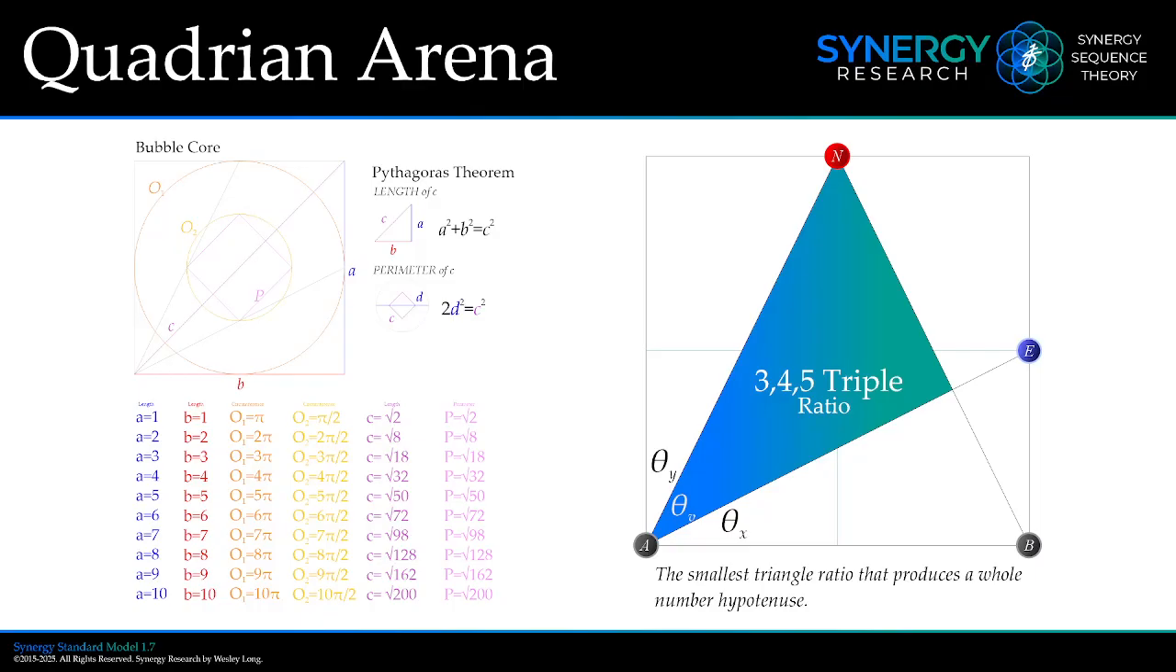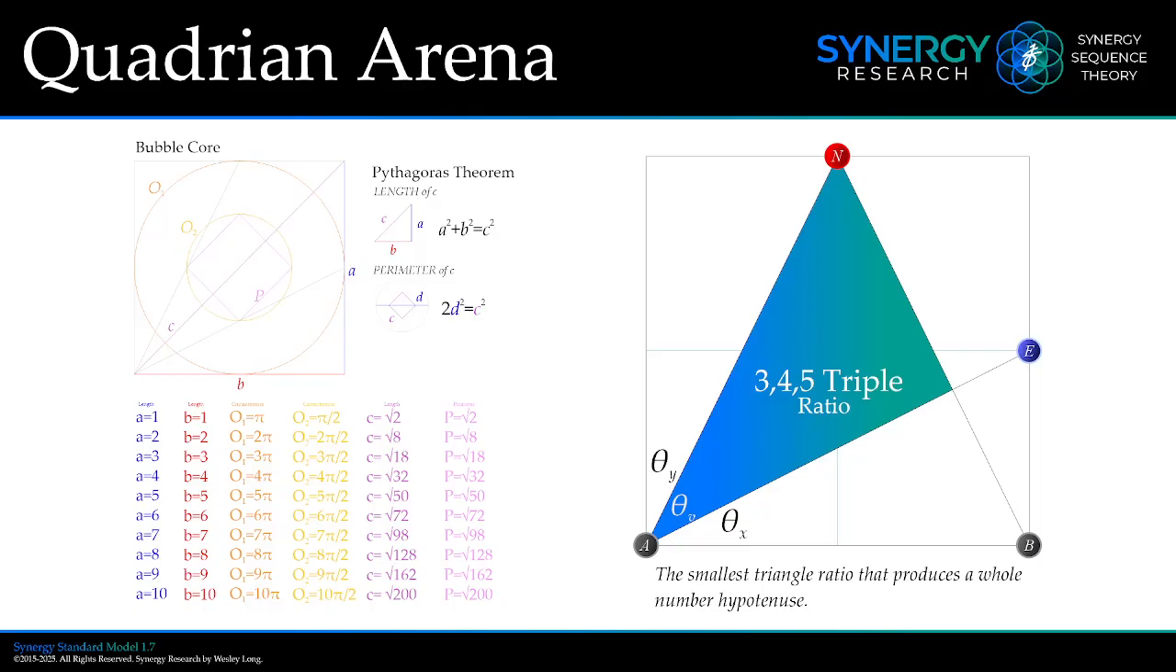Now shift to the left. Here we dive into the bubble core, an essential part of the Synergy Standard Model. Two circles, one inscribed and one circumscribed, are nested in the unit square. Each has a defined center and symbolic role. These circles don't just decorate the square, they define relationships of length, circumference, and even area based on a common